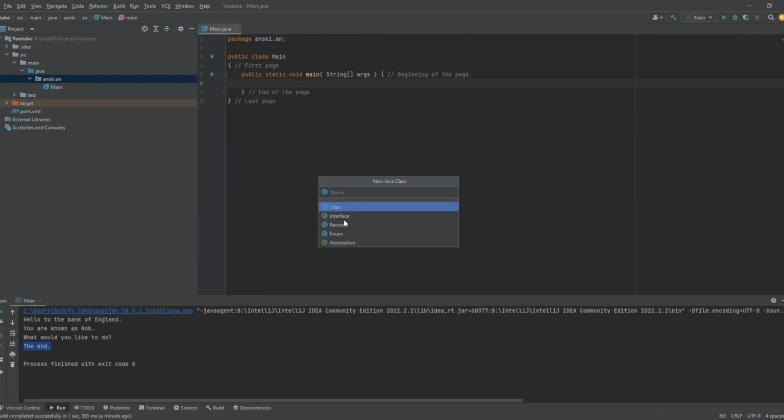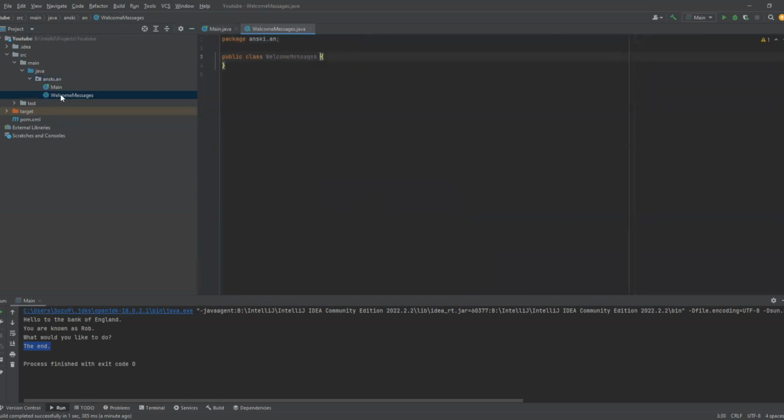Now I can choose a class, interface, record, or annotation. This is instead of the class. I told you there are multiple ones, and we're going to touch upon all of them in the future. But for now, we just choose class, and let's just name it. Maybe greetings, or maybe welcome messages. If I press enter, it will, as you can see, create a new file called welcome messages, and we have